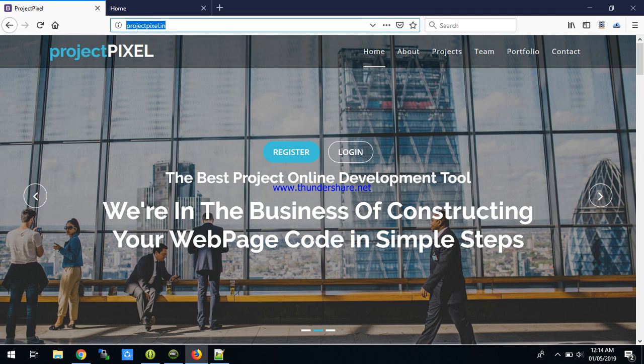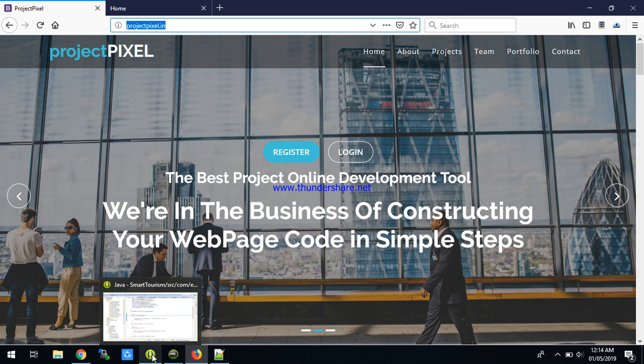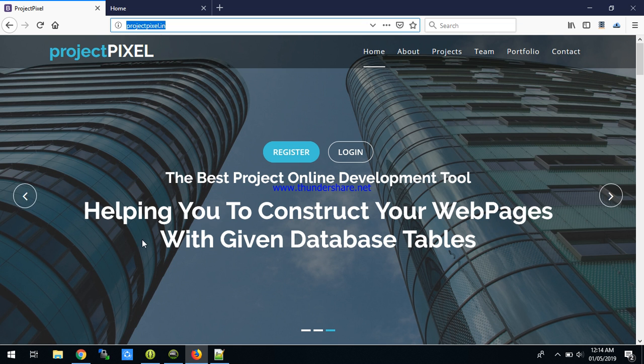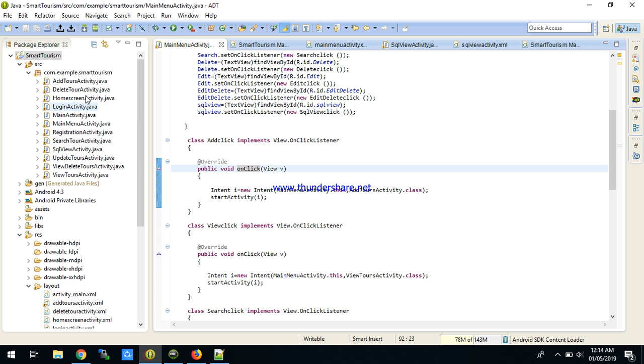In this video, I will show you the Android project that is developed on the projectpixel.in website. So the project output that I am going to show, as well as the project in Eclipse. So this is Eclipse. In Eclipse 4.3, I have developed this particular Android application with the help of the projectpixel.in website. So this is the app that I have developed, Smart Tourism, which is going to store the tour